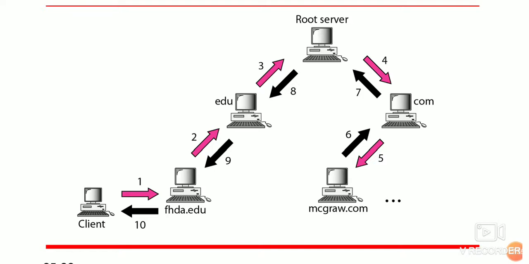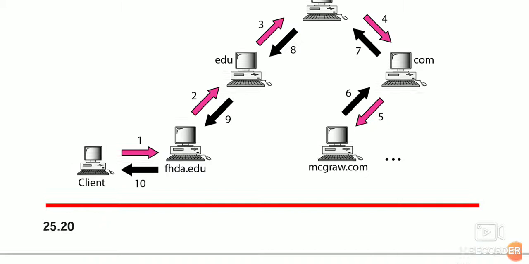Okay, so now I am actually making a request to megra.com. This is called recursive. One server is forwarding the request to another, which is forwarding the request to another. From there it is reaching the root, and from there the root is directing it to the respective place. So this is called recursive resolution.